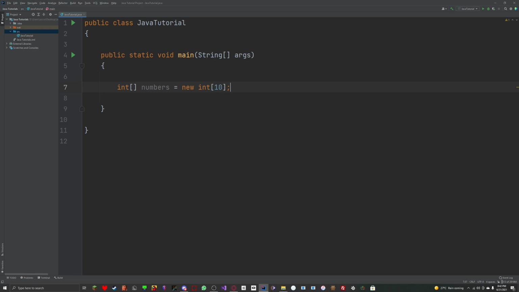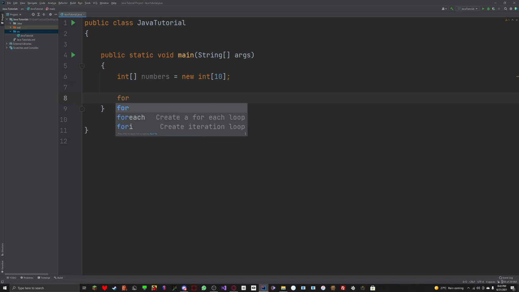Just give it a nice even number. We can delete that space above, and go down here to our enhanced for loops, the for each. I actually don't like the spacing, so let's just do for int n